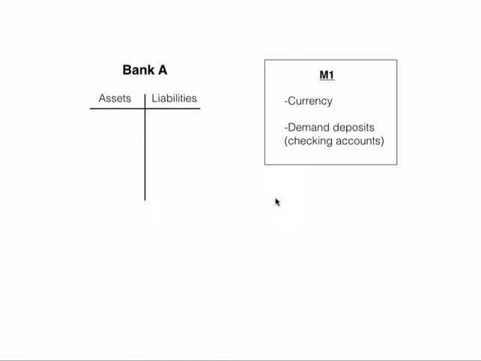We're not going to give a full discussion of money here. We're just going to skip right to talking about money creation in the banking system. But the definition of money that we want to use is M1, which is made up of currency and demand deposits, or checking accounts. So we want to use this narrow definition of money, things that can directly be used